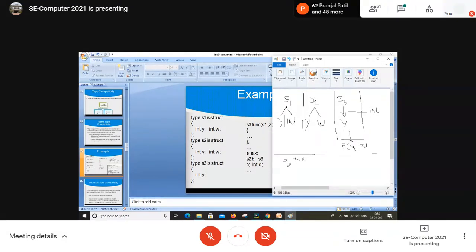Then coming to the second structure S2, it has 2 instances, one is B and the other is S3. And let's say C colon, just a minute.